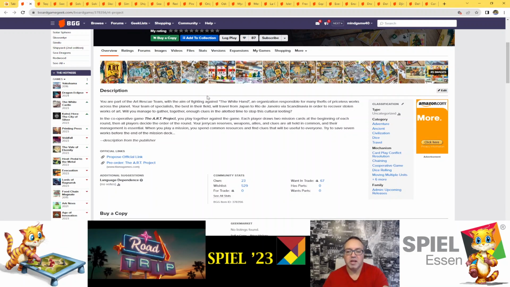So, in the cooperative game, the Art Project, you will play together against the game. Each player draws 2 mission cards at the beginning of each round. Then all players decide the order of the round. Jerry cans, reserves, weapons, allies, and clues are held in common, and their management is essential. When you play a mission, you spend common resources and find clues that will be useful to everyone. Try to save 7 words for the end of the mission deck. So you have to steal paintings or preserve paintings. And I don't know how